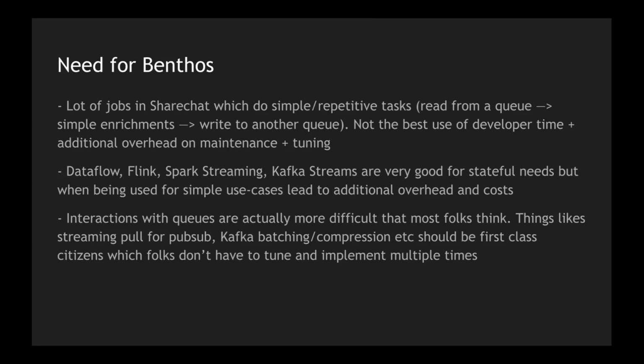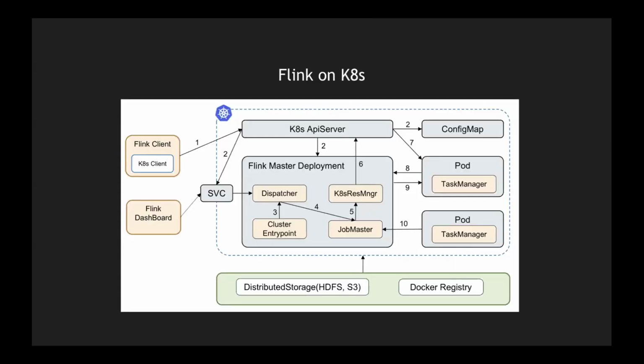And to cement this further, this is how you would deploy Flink on Kubernetes. This is an actual production deployment of Flink. And we actually use it because we have a Kubernetes operator for Flink that we use in production. And there are a lot of components. There's a job manager, task manager, and all of these Kubernetes API server, etc. So it's complex. I have deployed it in production, and I know the amount of effort required and the amount of tickets that need to be raised to DevOps to get this through.